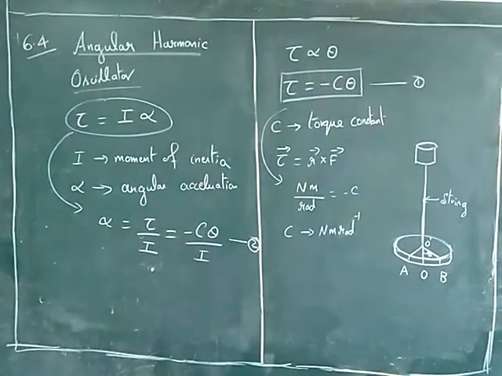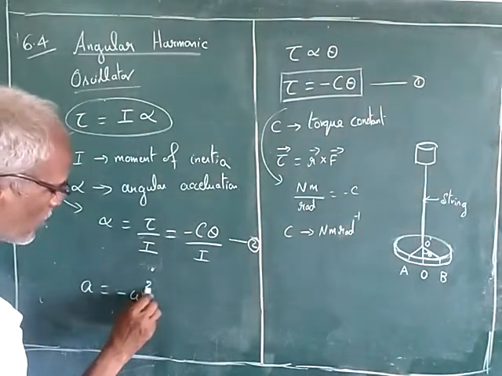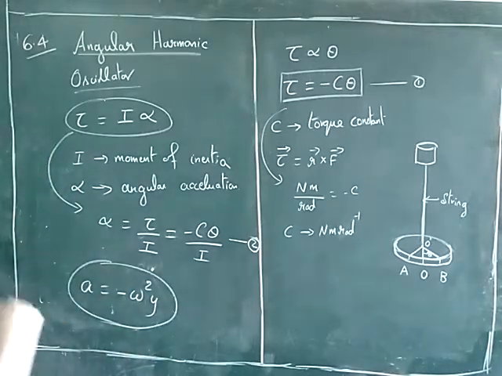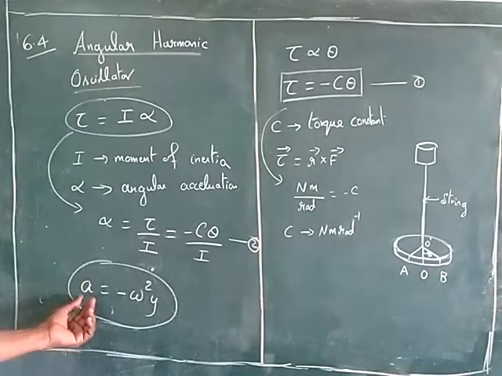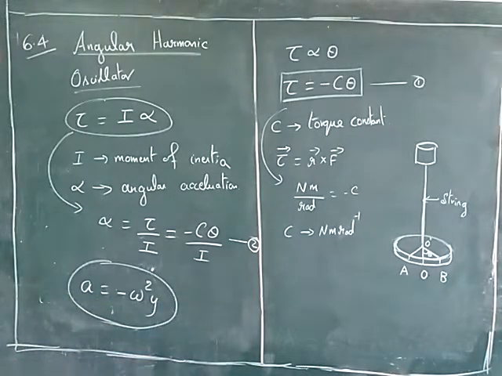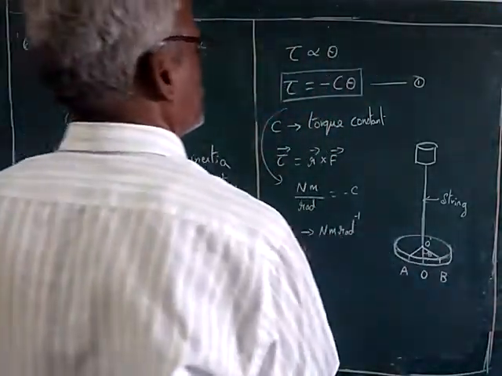Okay, now next, we already have A is equal to minus omega square y. This relation we have discussed with simple harmonic motion earlier. So acceleration is equal to minus omega square y. This result we already got. So making use of this relation,